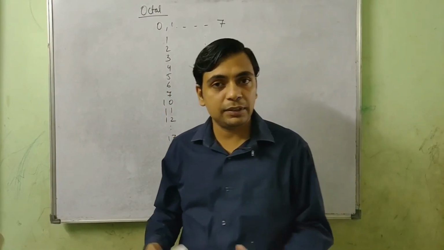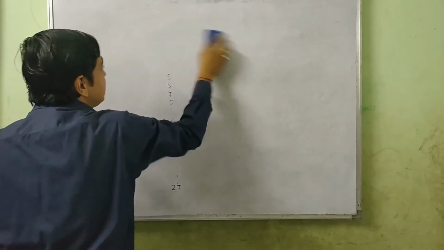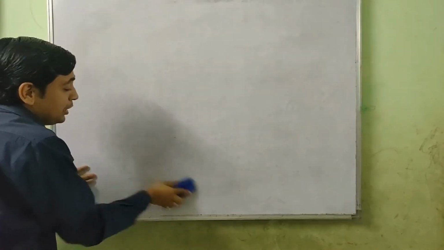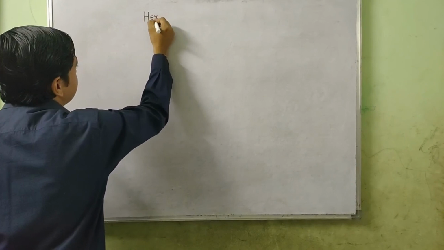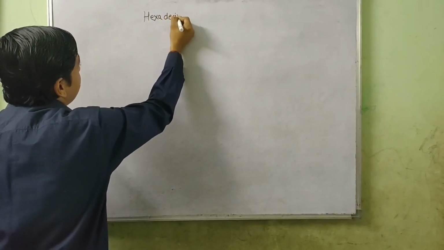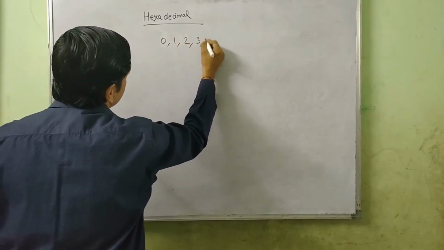Now let's see the last number system, and then we will see the equivalent value among the different number systems. So let's see hexadecimal number system. What are the various digits in it? There are 16 digits, right? So what are the various digits? Let's see. In hexadecimal number system, the first 10 digits are 0 to 9. Okay, they are same.